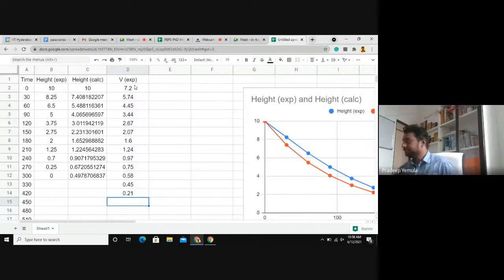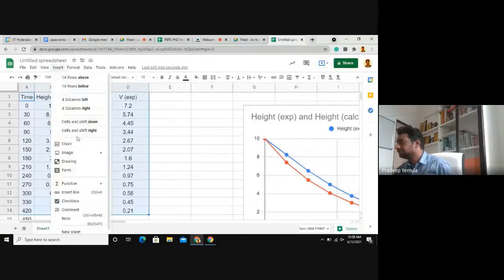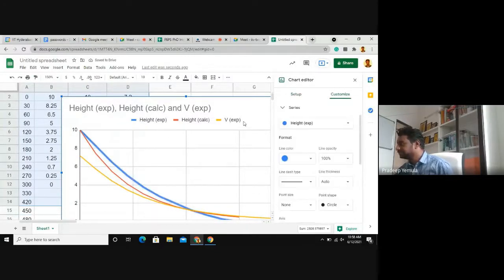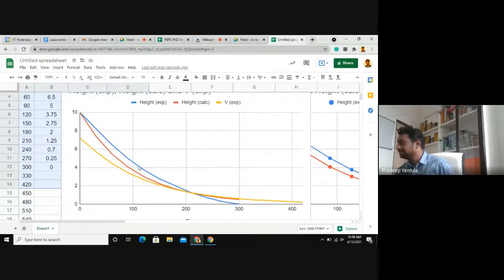Okay. So how do we plot? Again, the same thing. We just copy all this. Insert chart. So you can see things are exactly kind of matching.